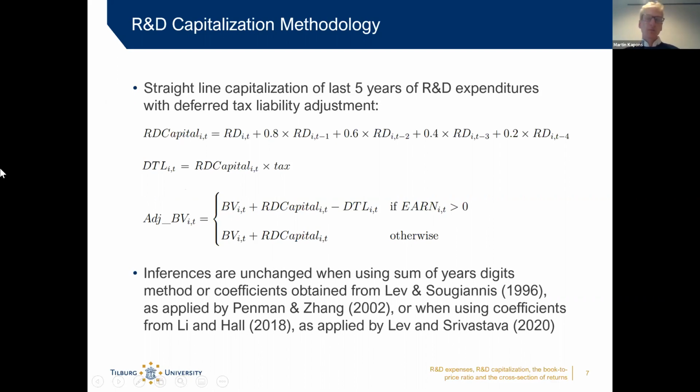Now, because this is a rather crude assumption for the useful life, especially across time, the inferences are also unchanged when I use the sum of years digits method, or the coefficients, which are industry specific, obtained from Lev and Sougiannis 1996, or also the inferences are unchanged when I use the coefficients from the Lee and Hall 2018